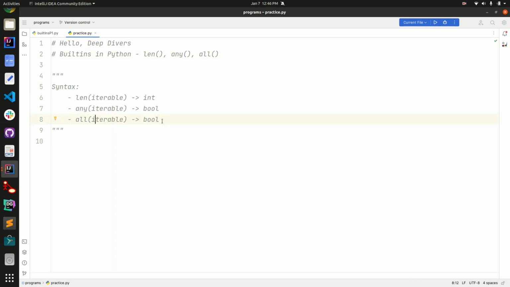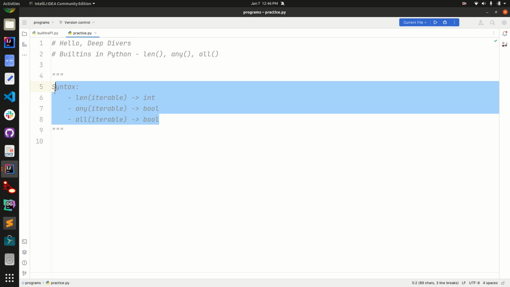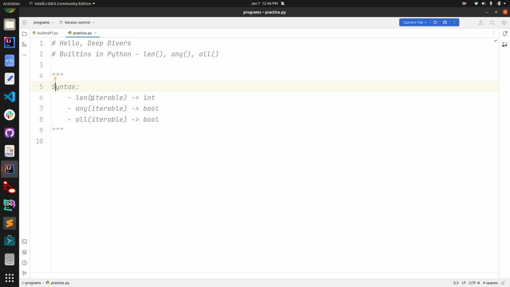What's common among all these functions? They take an iterable as an argument. You obviously know a function is something that takes an argument and produces some output. I am annotating this syntax to show that it takes an argument as an iterable and returns an integer. It can be any integer. This is a Python annotation.